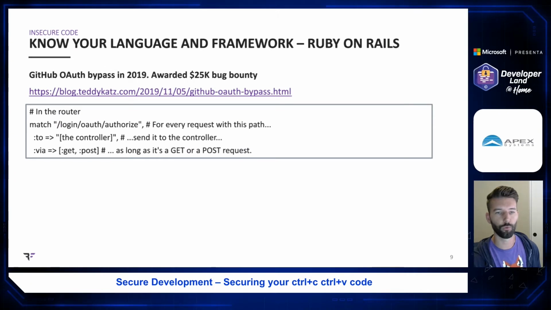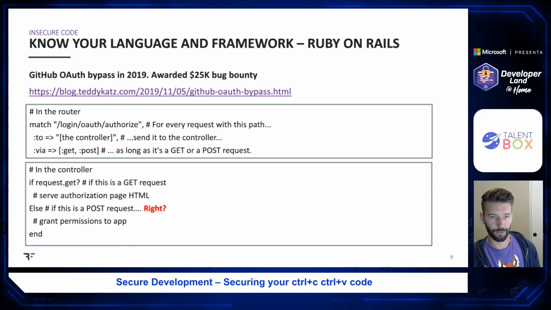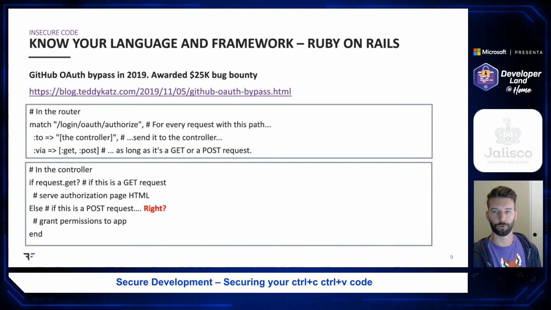So let's take a look at two pieces of code. First, this is the code associated with the router that takes care of this endpoint that you see there: /login/oauth/authorize. When you go to this endpoint, the browser submits a GET request, and it gets sent to this function here in the controller. If this function receives a GET request, it will serve an authorization page that says, hey, do you want to link this app to your GitHub account? And if you say, yes, I approve, that would send off a POST request